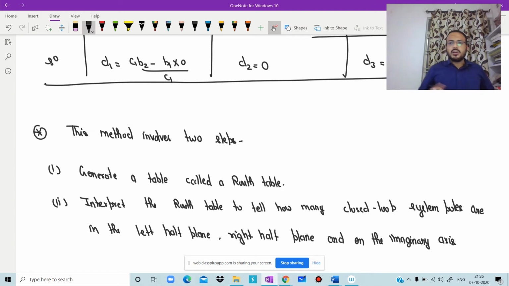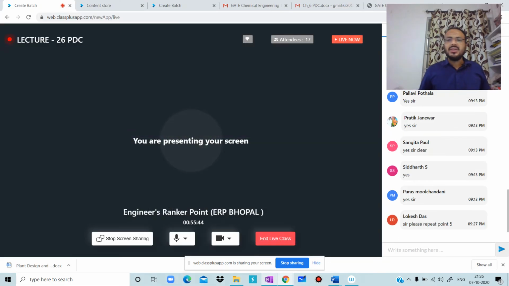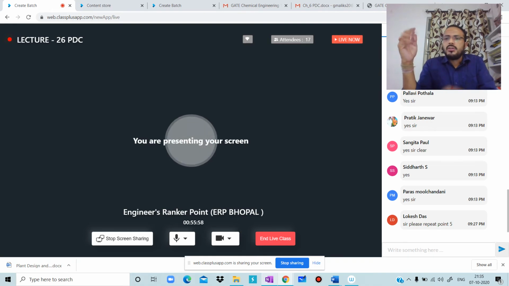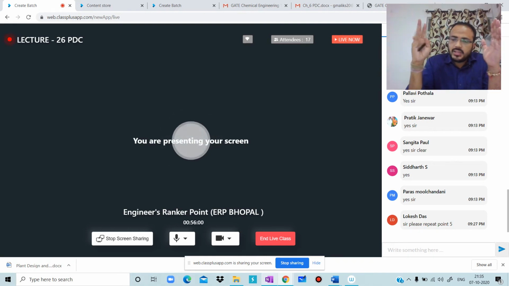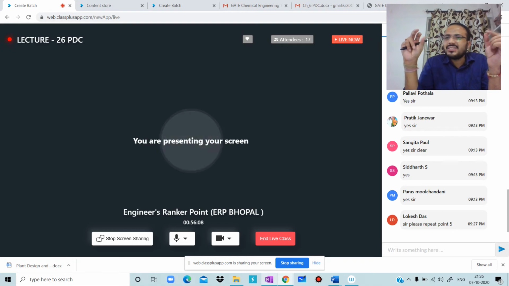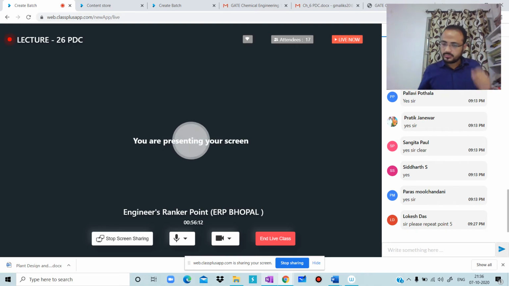Before starting the question, Lokesh, I am giving the answer to your question. Sir, why is it at -1? Is it clear? Stability with respect to the poles. Because this characteristic equation is the denominator, we know there are two things, zeros and poles. If we have a transfer function and solve the numerator, the roots present in the numerator are the zeros, and for the denominator they are the poles.